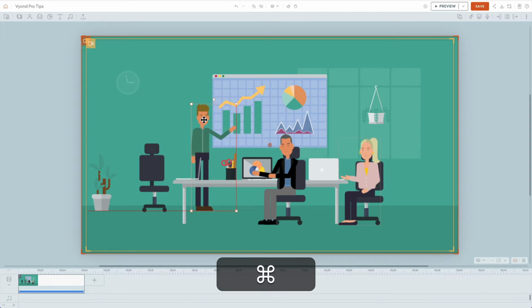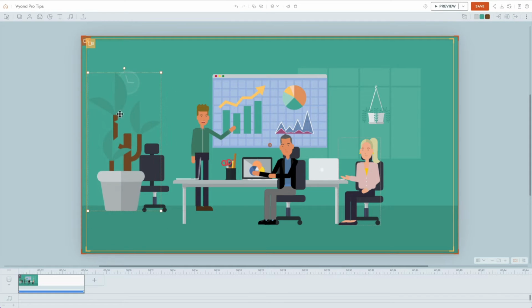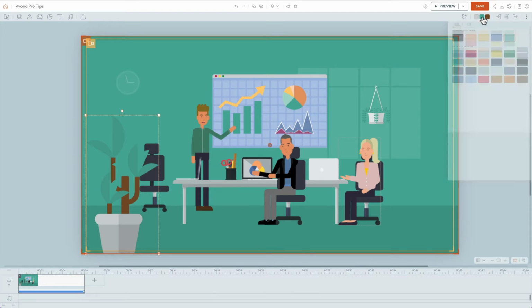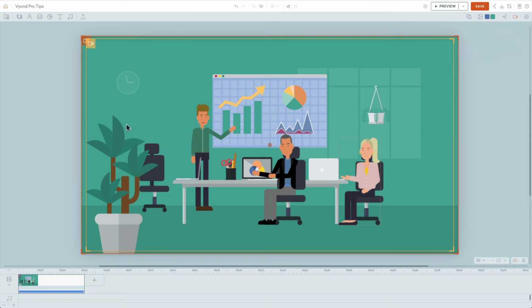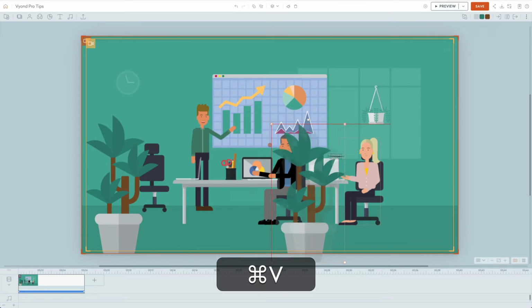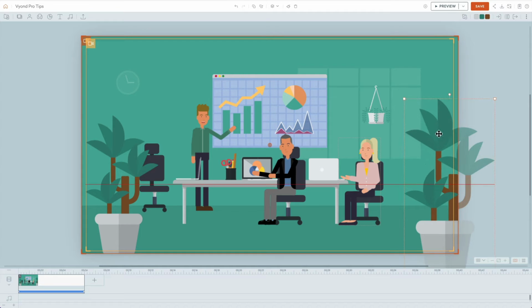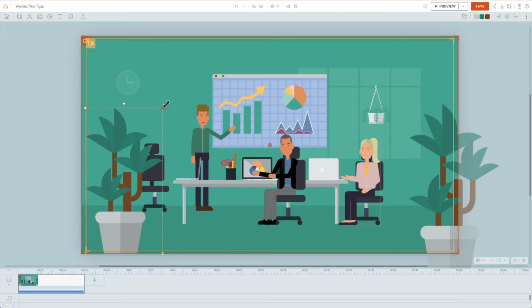A very cool and rather simple trick to create a foreground, which is often the hardest part and the part that we often leave out. Well, you can take some plants, some kind of furniture or something, but now we have these plants. We'll change the color to a lighter version of our green or a slightly darker version of our green to make it stand out a little bit. We'll make it really big and move it out to the sides. We'll create one for the left side and one for the right side, and then we'll make them huge and move them